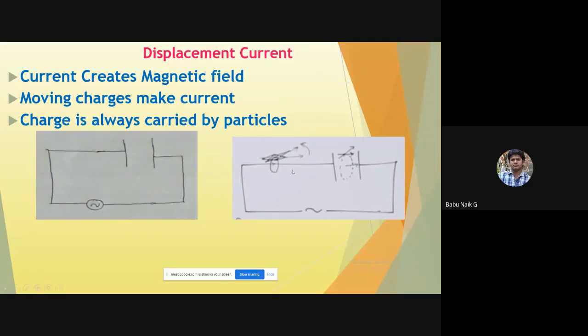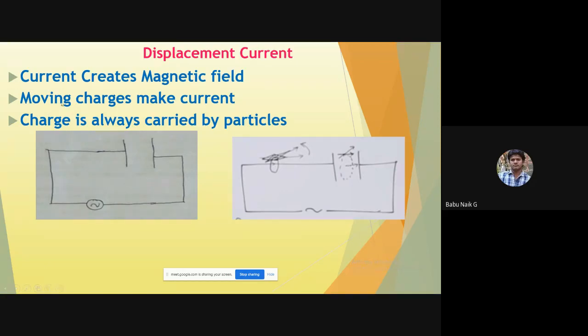Okay, so this is a general thing he has taken. Then how is it going to happen? We know that where current is continuously flowing, a magnet field will be created. This we generally know. But here, between these two parallel plates, there is no current. But also he has observed that there is a magnet field displacement here. So how is this possible?